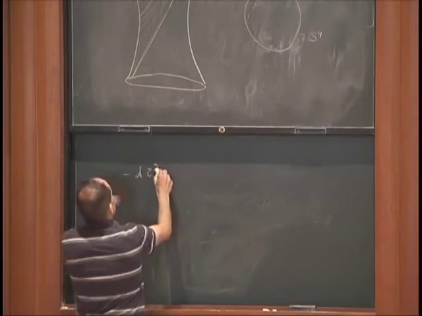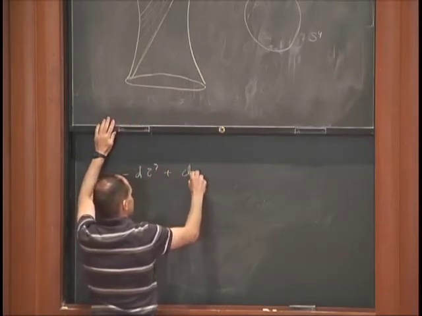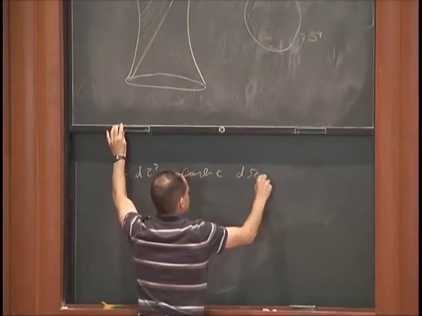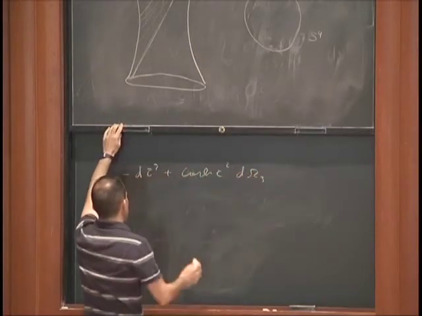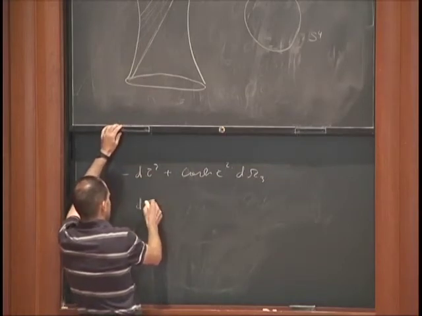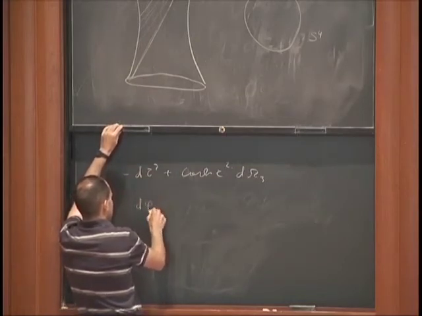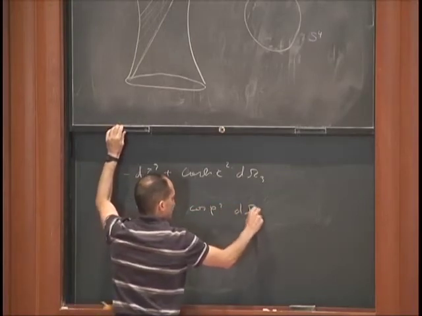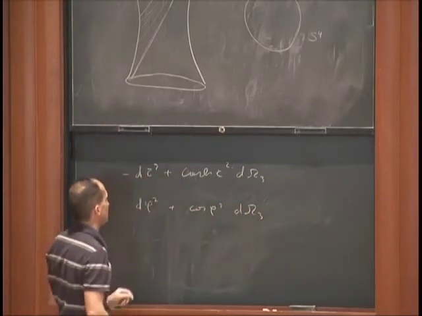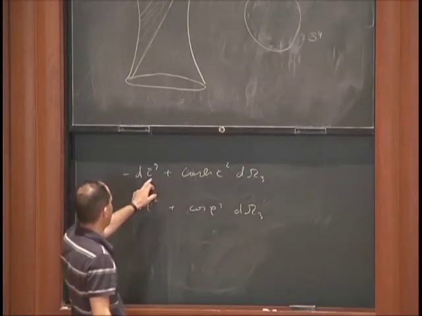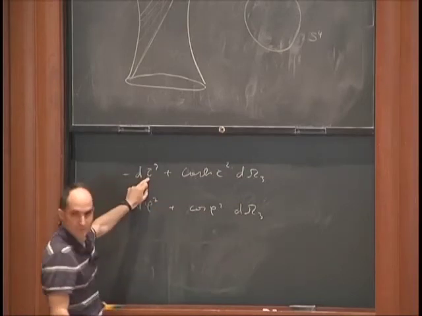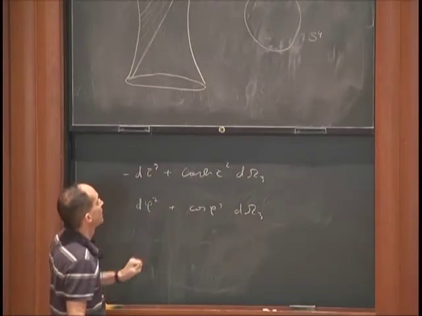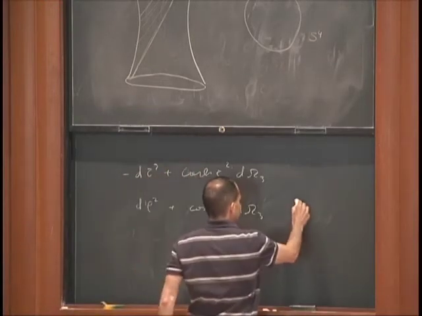Now the coordinates of this side of the Lorentzian, so we have hyperbolic geometry, d omega 3. And the sphere is the same, but with, let's say, some angle phi and a cosine of phi, right? And so if we take tau to i phi, we get from this metric to that metric. And that corresponds to joining,